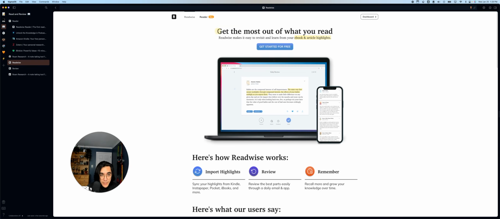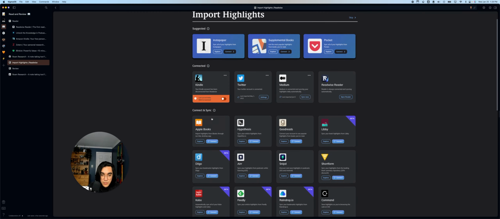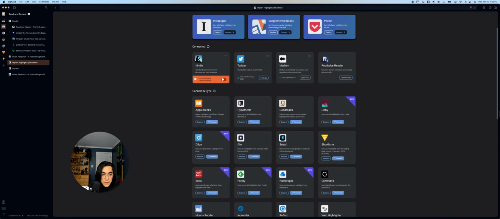So Readwise is the app that I've been talking about. What it does is it syncs all of your highlights, or at least that's one of its functionalities. That's all the functionality it had when I started. And then they started adding more and more cool features. So we love that. Let's take a look at the dashboard. Readwise allows you to import from various platforms, like Kindle, all of the stuff on the Reader app immediately gets synced.